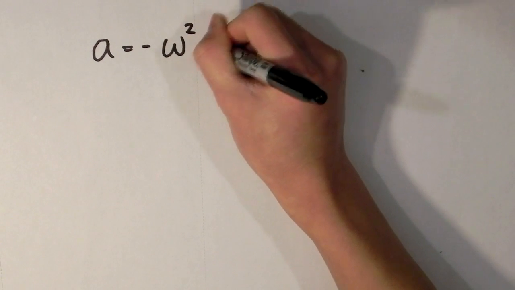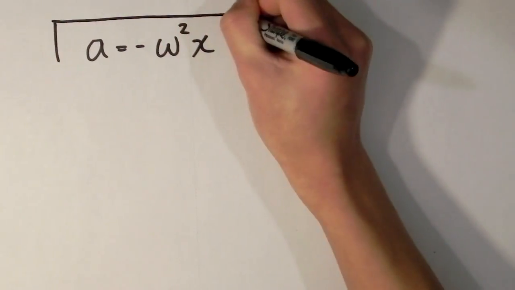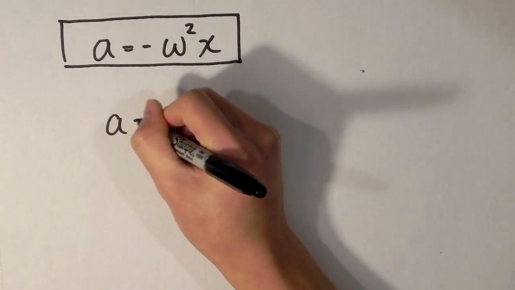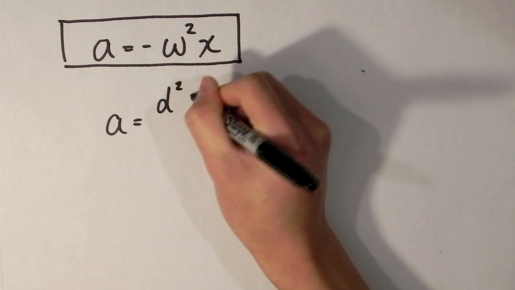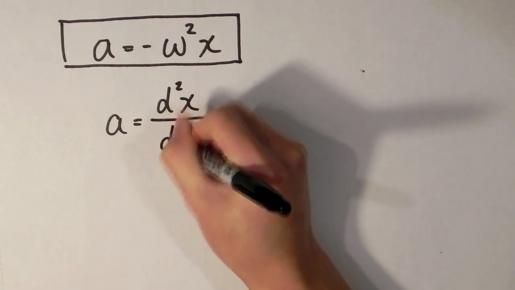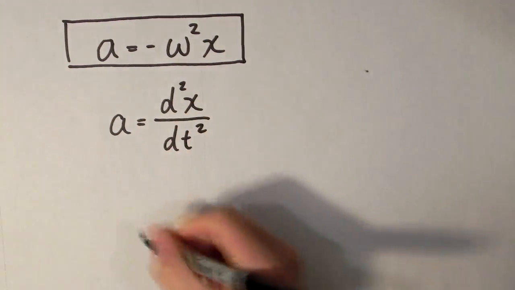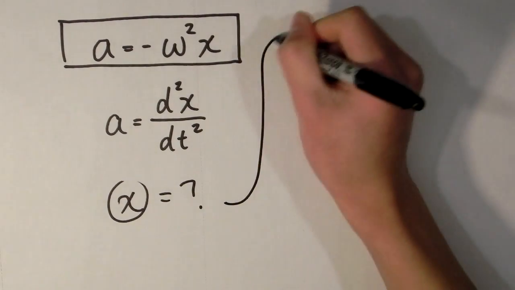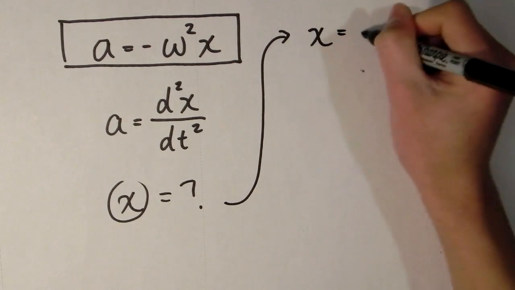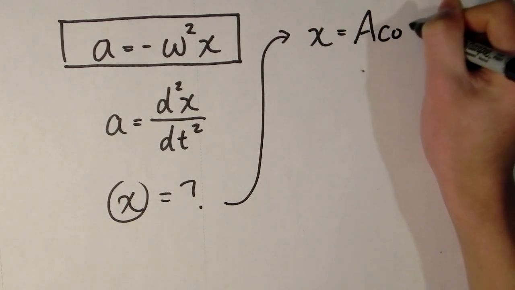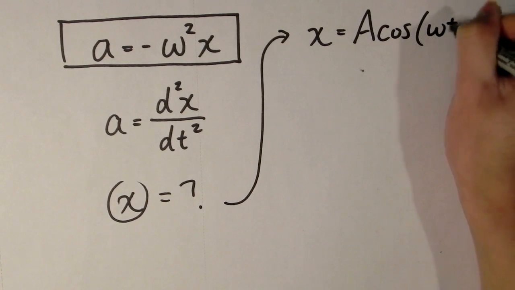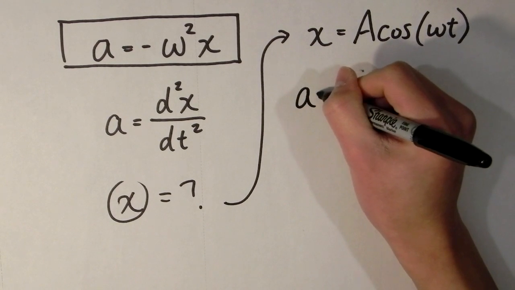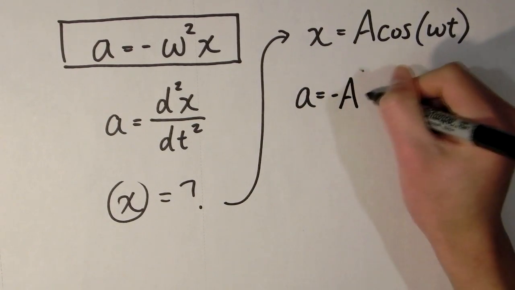So for simple harmonic motion, there are equations that model the movement of whatever particle you're measuring. Since we have this formula a equals negative omega squared x, we can figure it out since we know that acceleration is basically the second derivative of whatever formula models its displacement with respect to time. So what's x? We can find this out using a differential equation. But basically, to simplify it, if we do the math, we figure out that x is